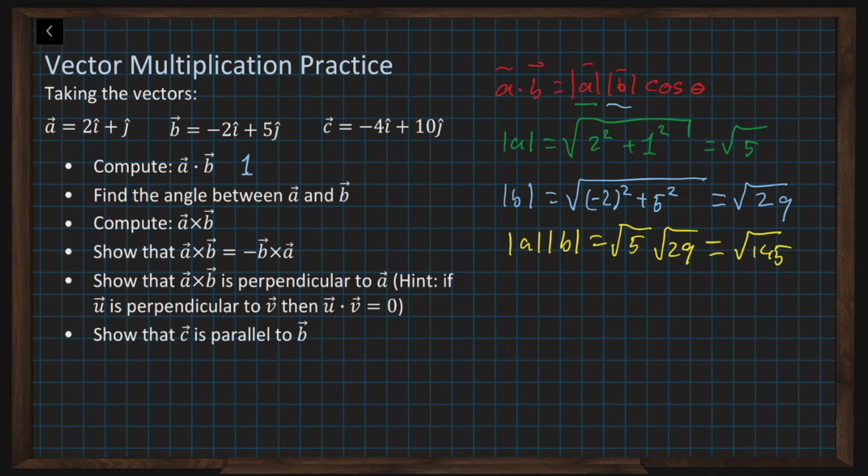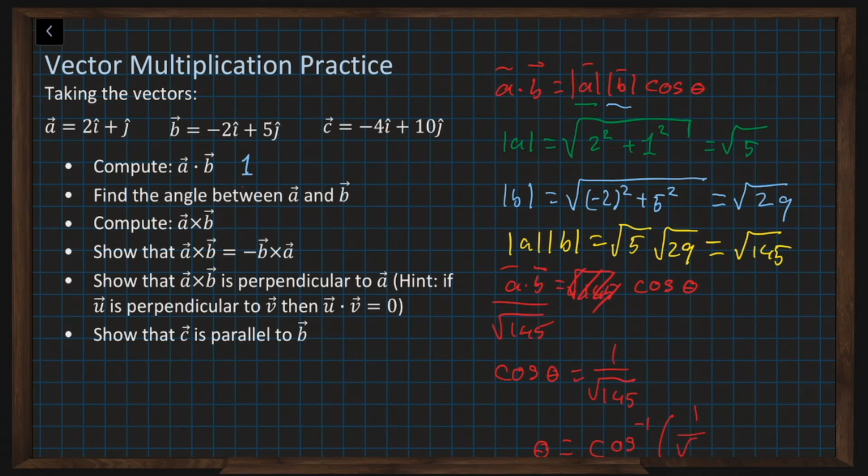So if we look back, a dot b is equal to root 145 times the cosine of the angle, so we divide both sides by root 145. And we've already established that a dot b is equal to 1. So the cosine of the angle is equal to 1 over root 145, or the angle is equal to the inverse cosine of 1 over root 145, which is equal to